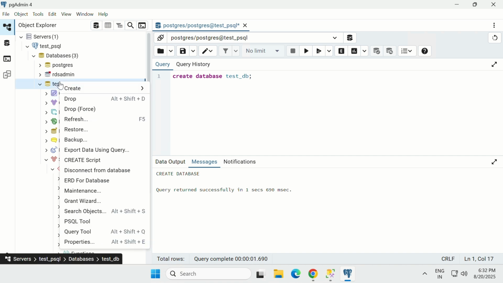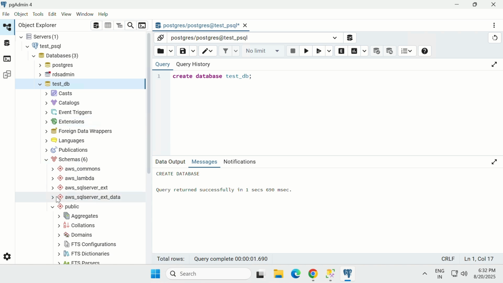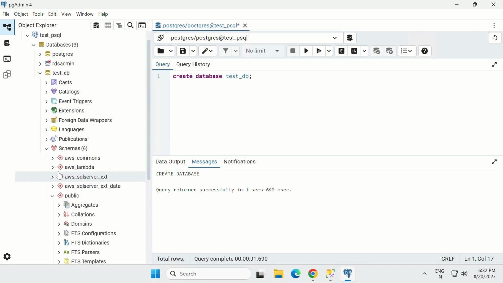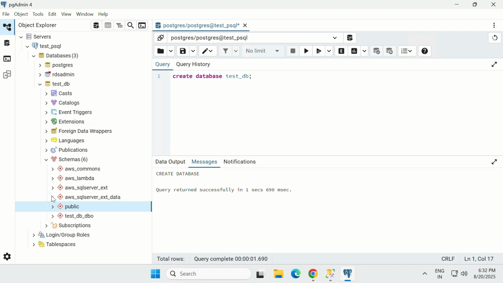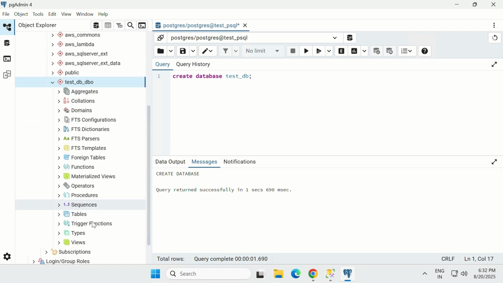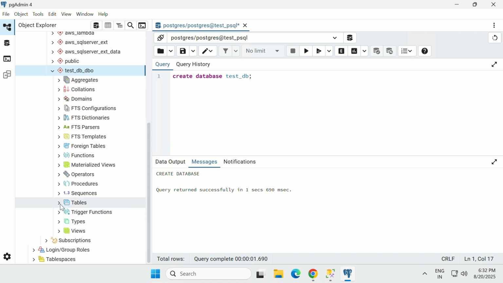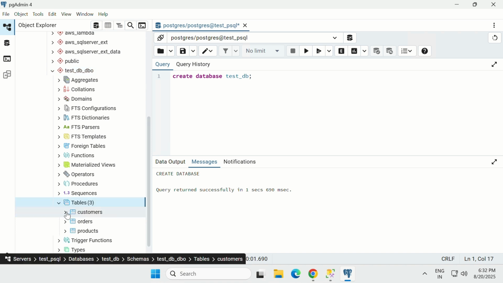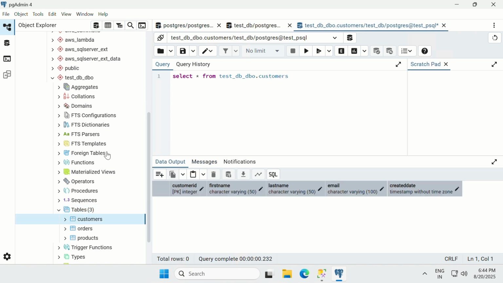Now I'm refreshing the database. Yes, the schema is migrated, which is test_db_dbo. Here, tables. Tables are also migrated. The three tables,